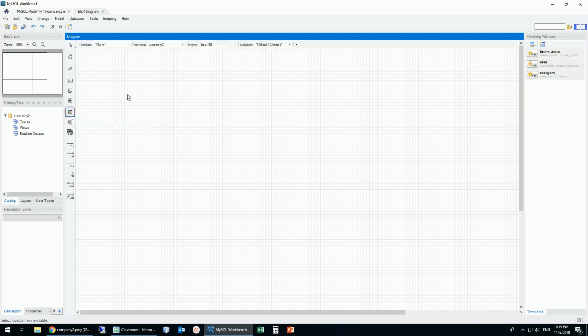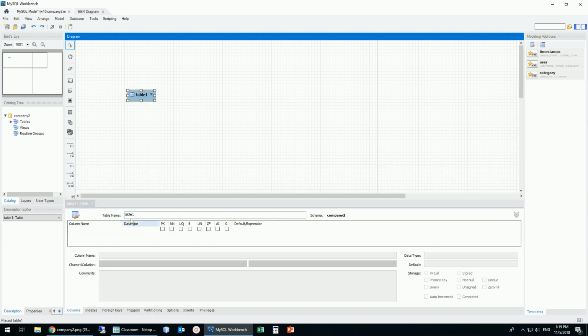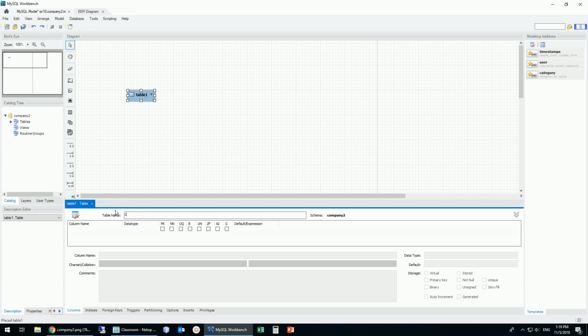Let's create a table. I click here, this is for the table, place a new table, and then you click here, and then this is the table. So I'm going to create a table, I'm going to call it, double click, and then you get all the information here. Customer. Now check this, I can specify these columns, the data type, and then these are PK for primary key, NN